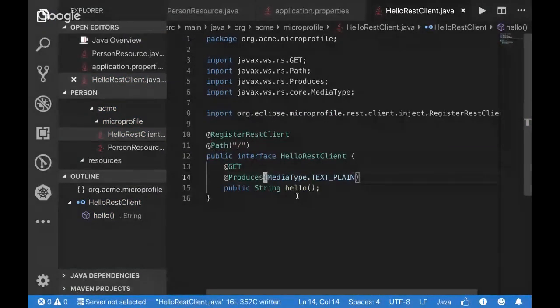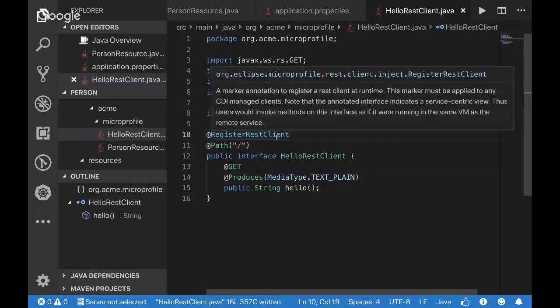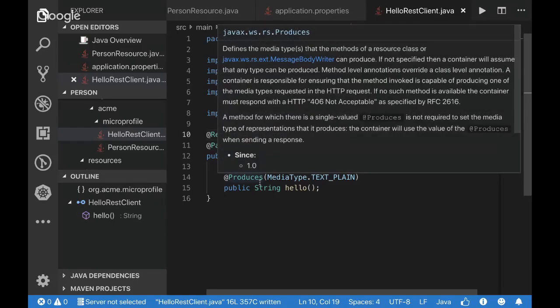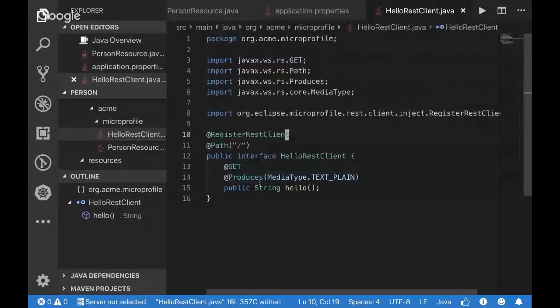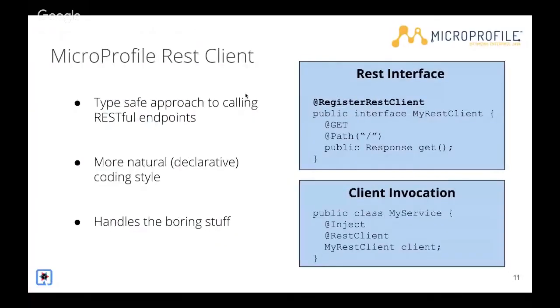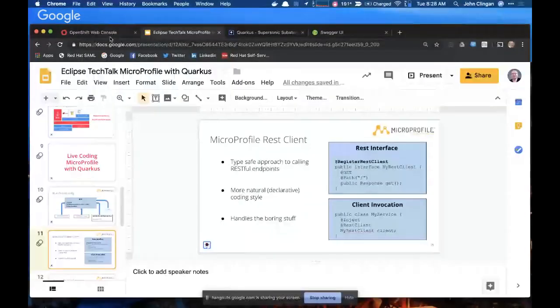So whenever I invoke this endpoint, invoke this method, it's going to call the RESTful endpoint. But one of the things we need to do is point to the URL where the actual endpoint is. So I can either specify that, I think here, or I can specify it in the property file. And so what I'm going to do is specify this in the property file. All right, so I'm going to go back to, actually, I have to show something slightly different first. I was going to go back to